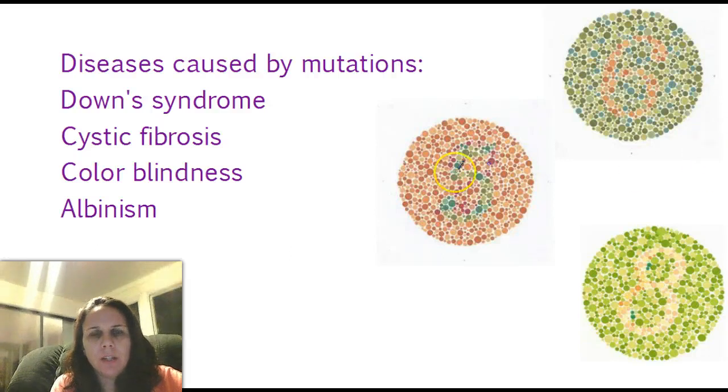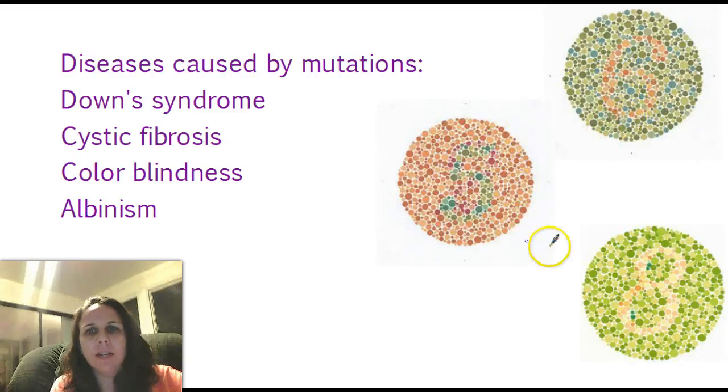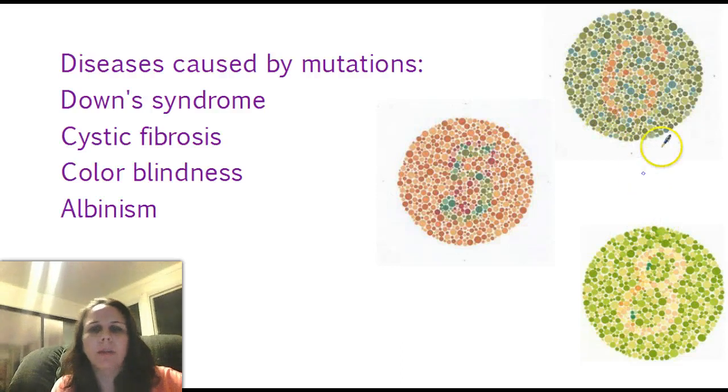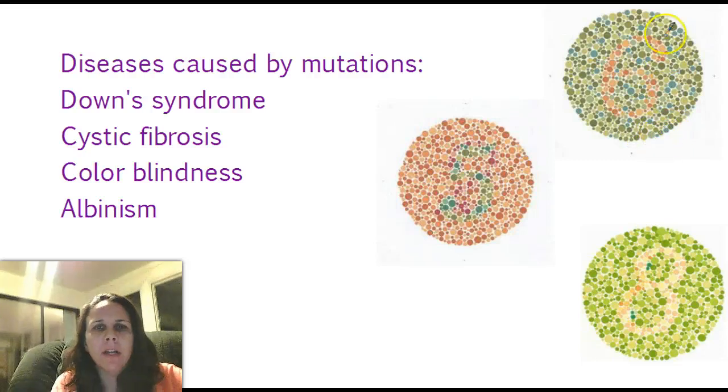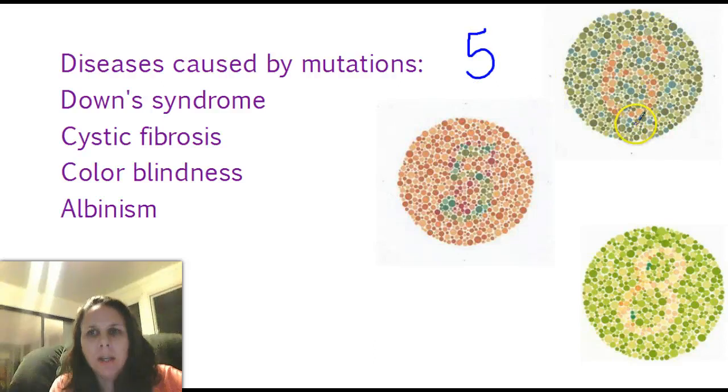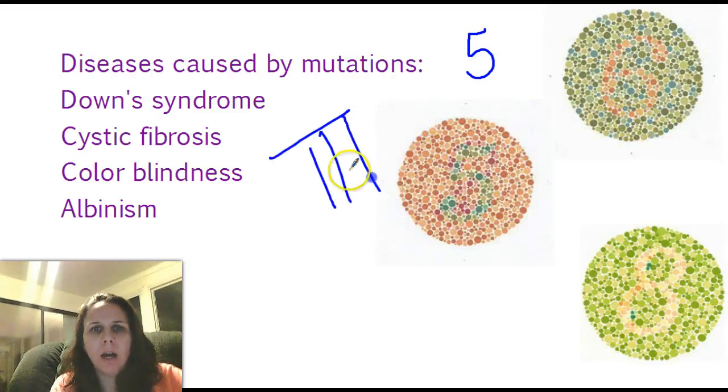There's lots of tests that you could do online. There are websites where you can take these tests, and it'll tell you exactly what type of color blindness you have. So you can check that out sometime, and tomorrow we'll go over everything. So remember, there's 5 sections, so there's going to be 5 quizzes, and all these need to be done by